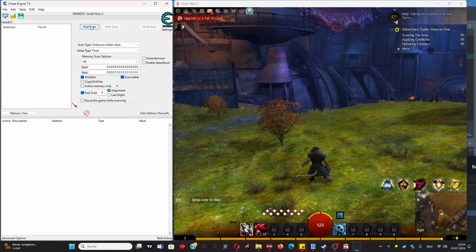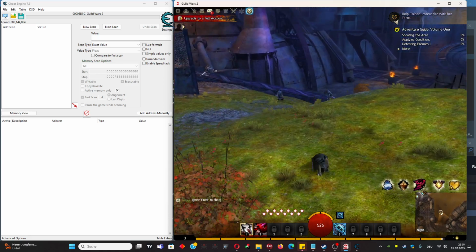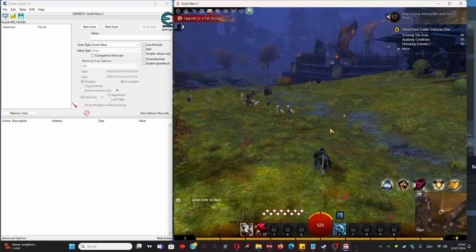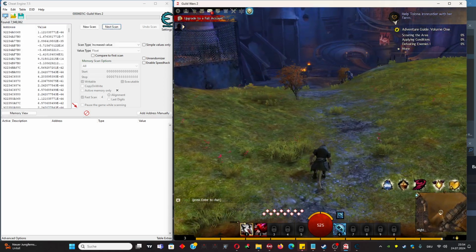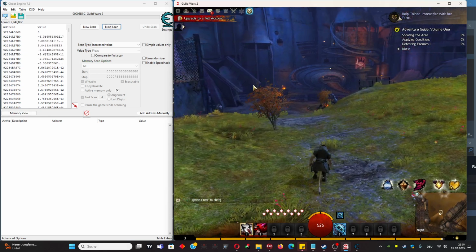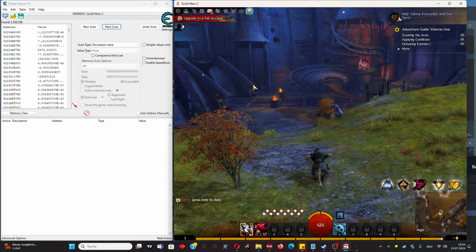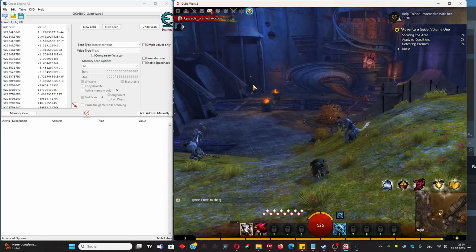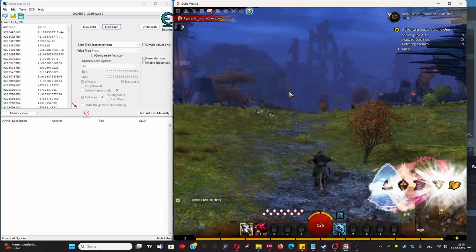Okay, so we'll scan for the unknown initial value at first. Now I start running and I scan for increased value. Now I start walking and I look for decreased value. I start running again and I look for increased value. Now I scan for unchanged value